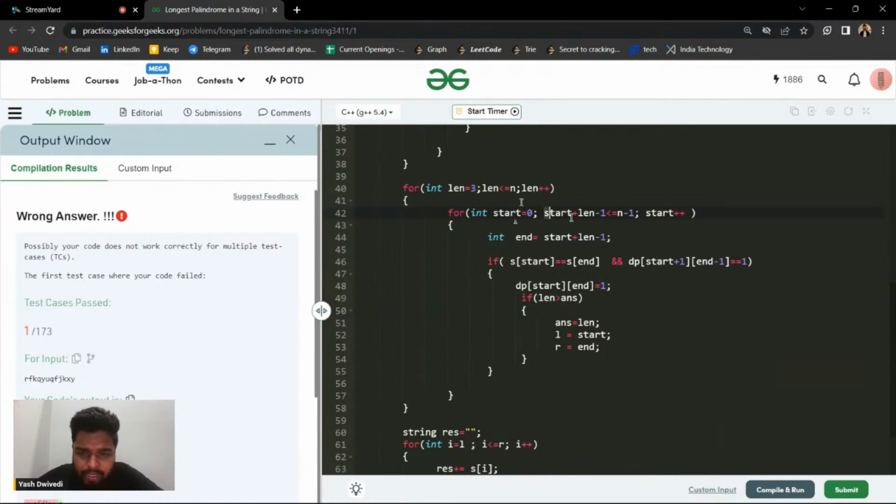Start will be 0. Then start plus length minus 1 is less equal to n minus 1. That is also fine. Then I will do start plus plus. Then the ending point will be this much. That is fine. So if in the string it happens that the starting guy and the ending guy are the same, and at the same time the start plus 1 and the end minus 1 is 1, then I mark this as 1